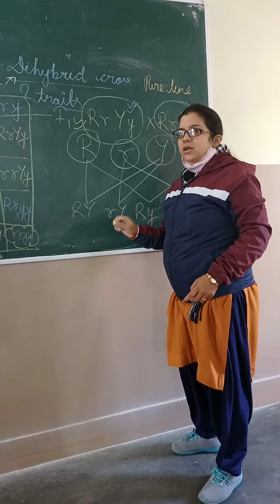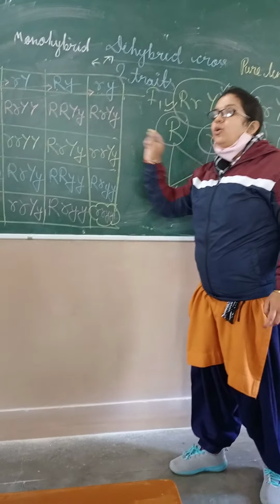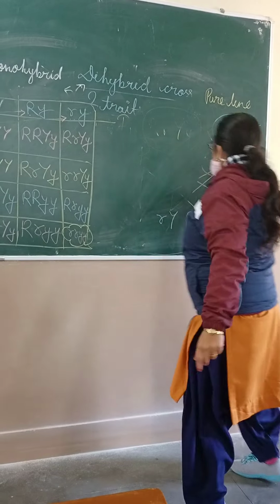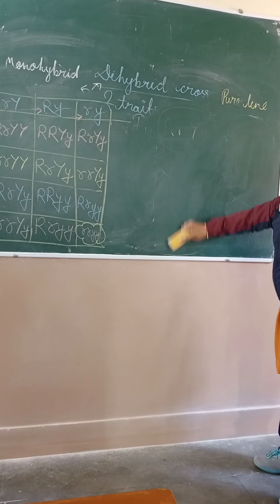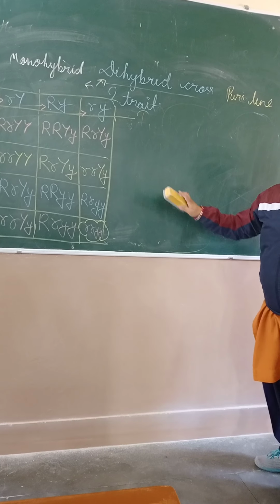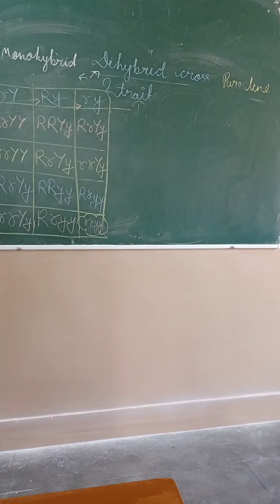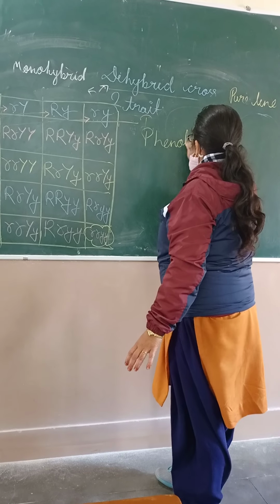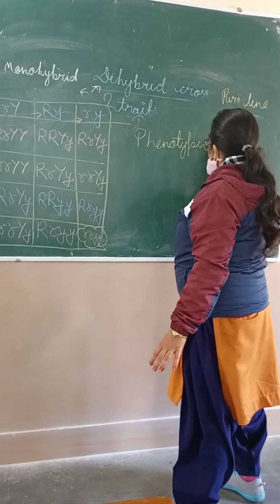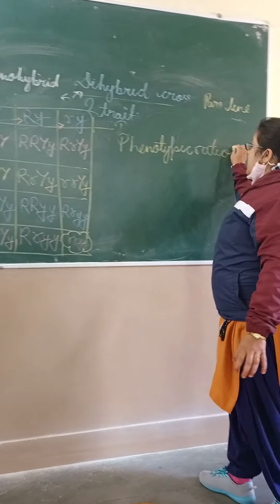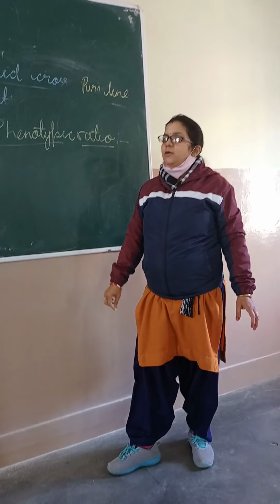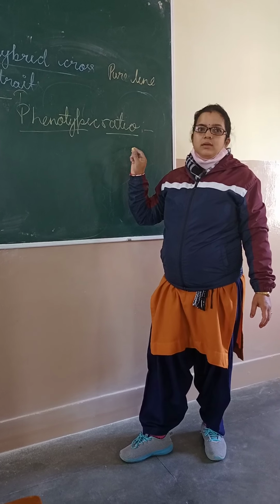Are you getting that much? Now I am telling you the ratio, how you count the ratio. Now the next thing is related to the ratio. I hope that much is clear. Am I clear to you all? That much is clear? Okay. Now the next thing we will write about the ratio. I am telling you the phenotypic ratio because generally in 10th standard only the phenotypic ratio is asked. Okay, the genotypic ratio generally comes in 12th standard. So please learn this thing.